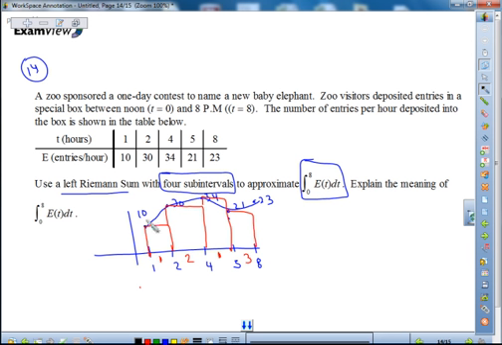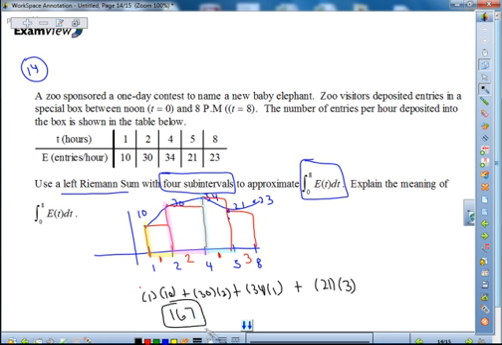So the first rectangle, the base is 1 and the height is 10 because the left side's touching. Second one, the height is 30 and the base is 2. For the third one, the height is 34 and the base is 1. And then the last one, the base is 3 and the height is 21. So that should give you